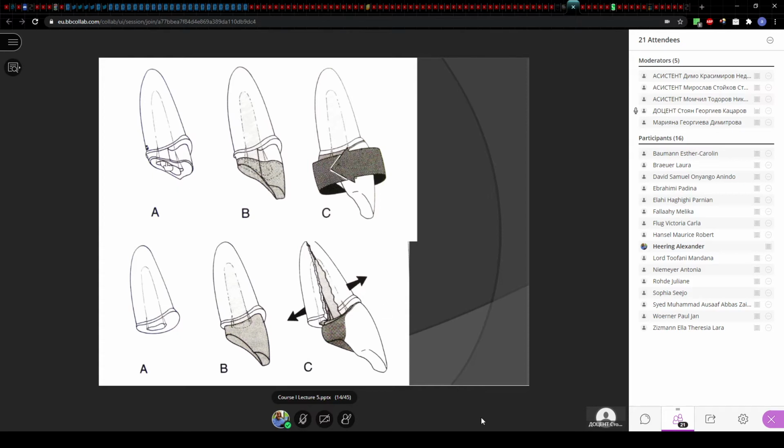The second approach is to make a very meticulous preparation and keep all the residual superstructures that you don't have to remove,